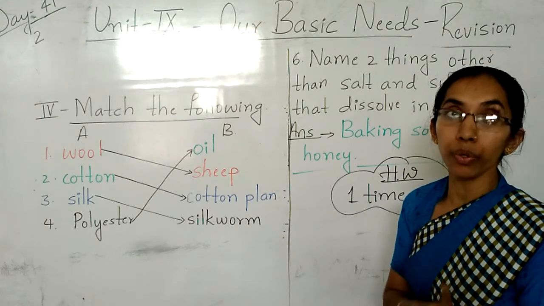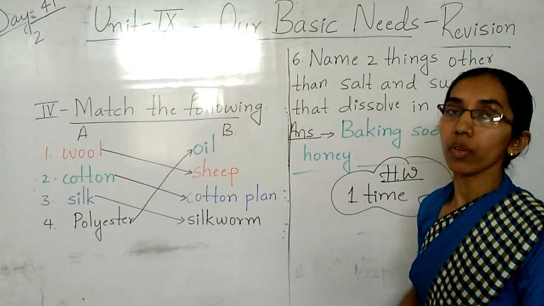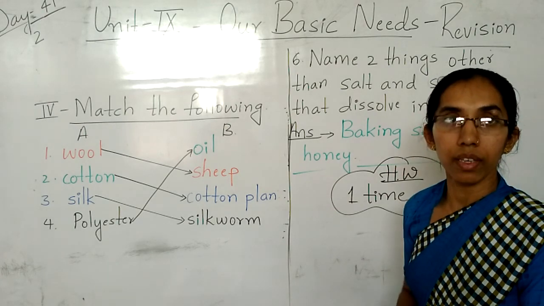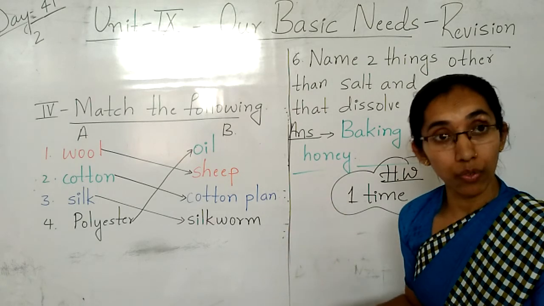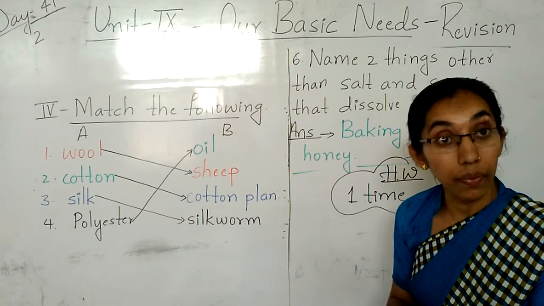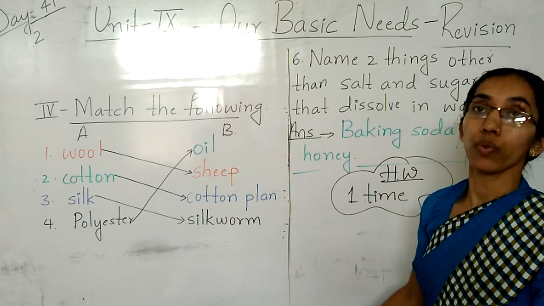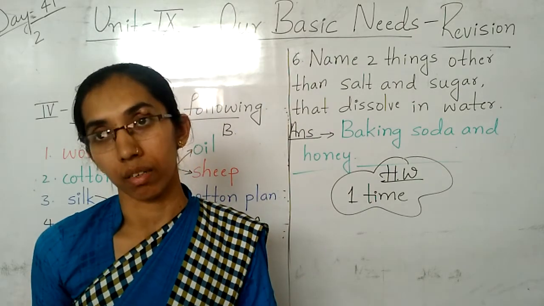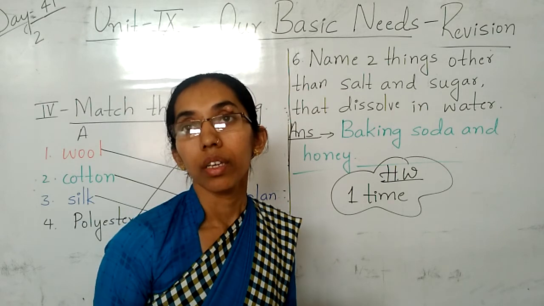Already you have done the 2 unit. Now this is the 3rd unit I am giving the revision. Clear children? So everything, whatever I have given in this video, filling the blanks, ticking the correct answer, question answer, match the following, everything you have to copy down in your EBS notebook. Without doing any spelling mistakes, write very neatly and clean. If it is any mistake, use the eraser.